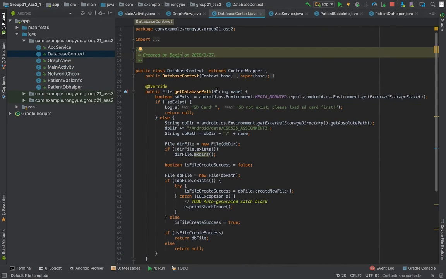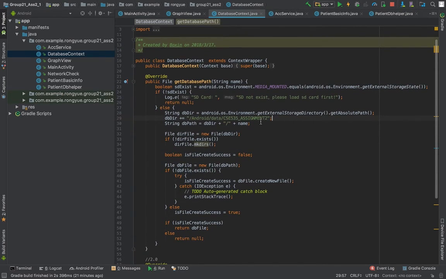This is Boxin. I'll introduce the uploading part of our assignment. For the uploading, we first create the database context. In this database context, we want to check if there is an available SD card, and if the answer is yes, we want to create the folder for our DB file, and create a DB file in it. As we can see, we first check with the Android OS environment to see if the SD card